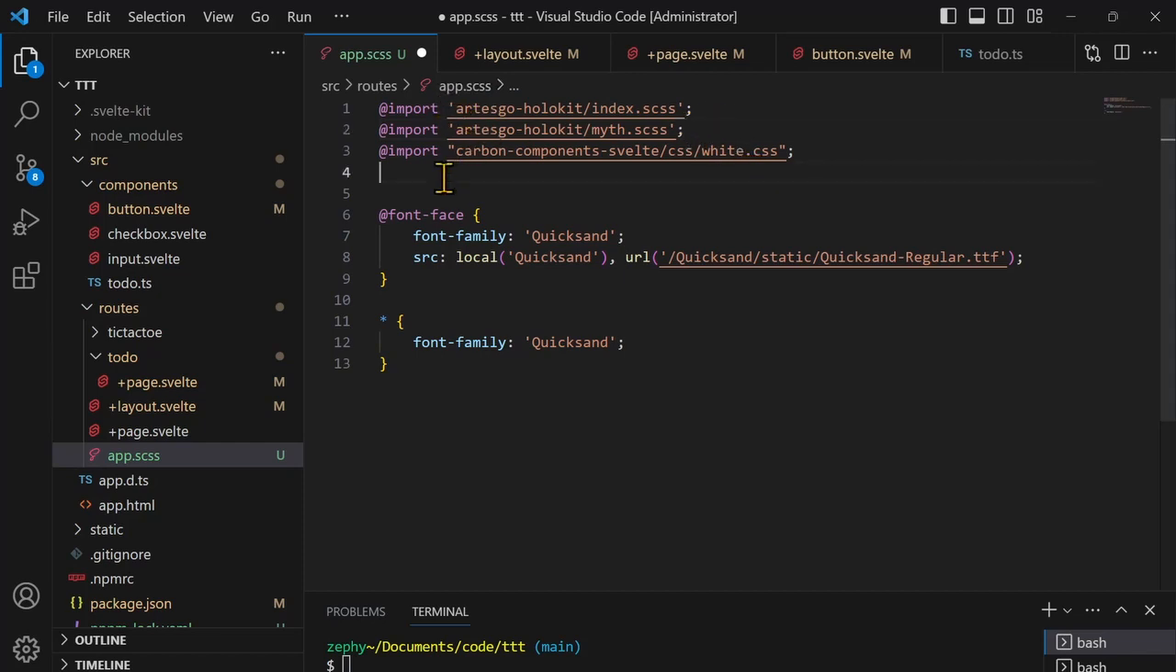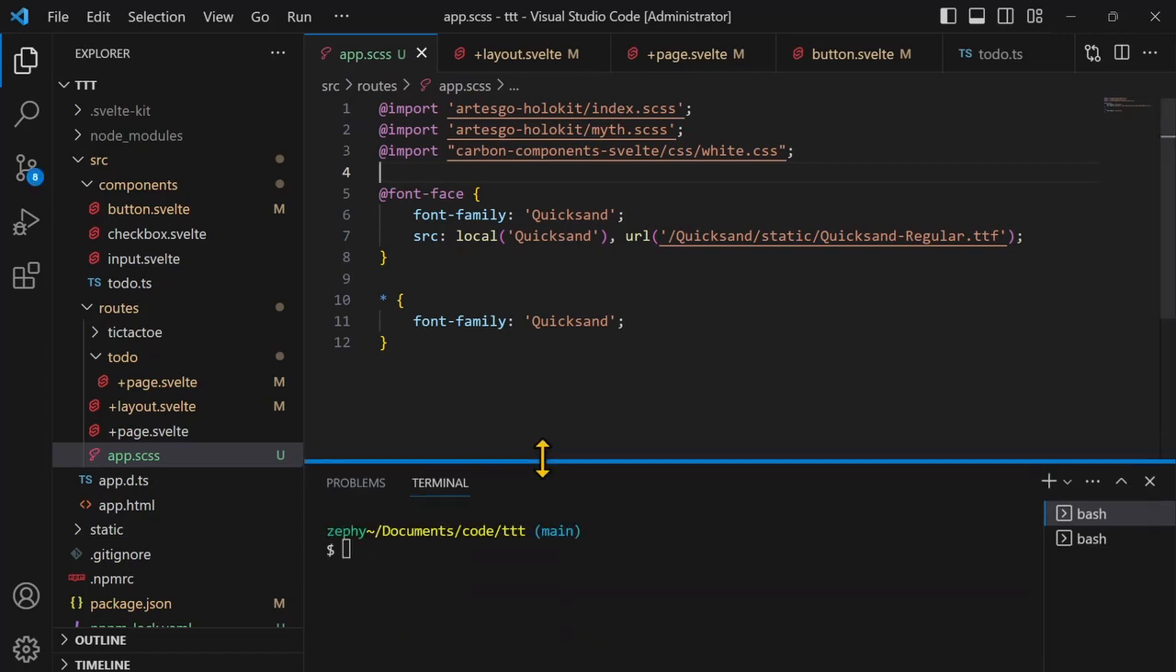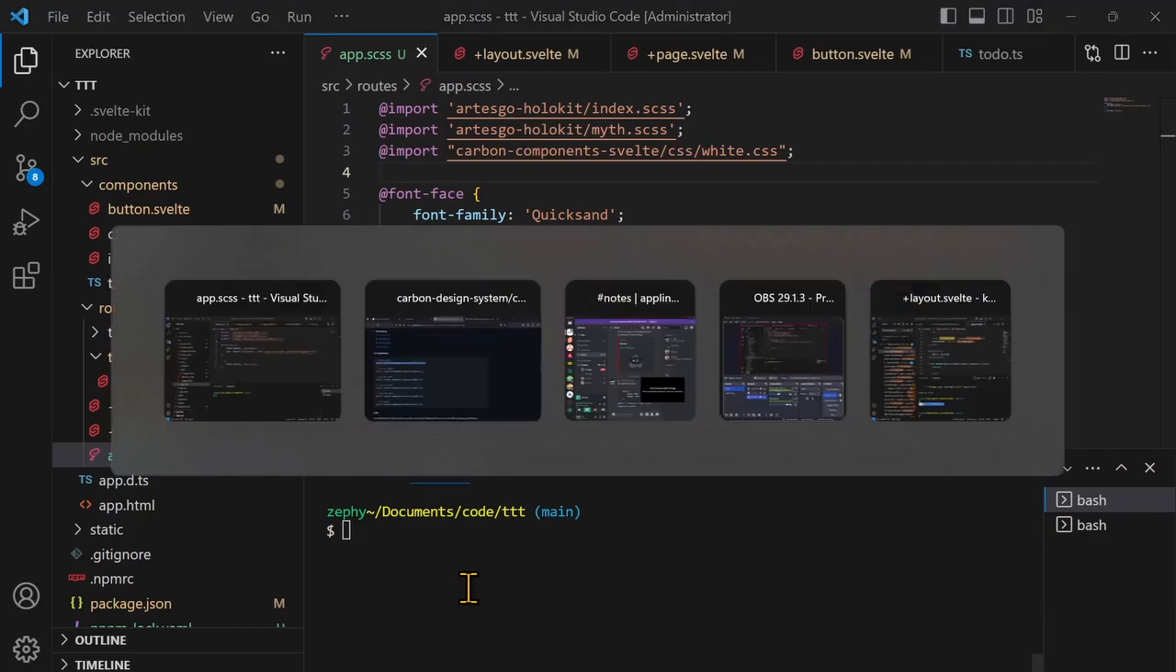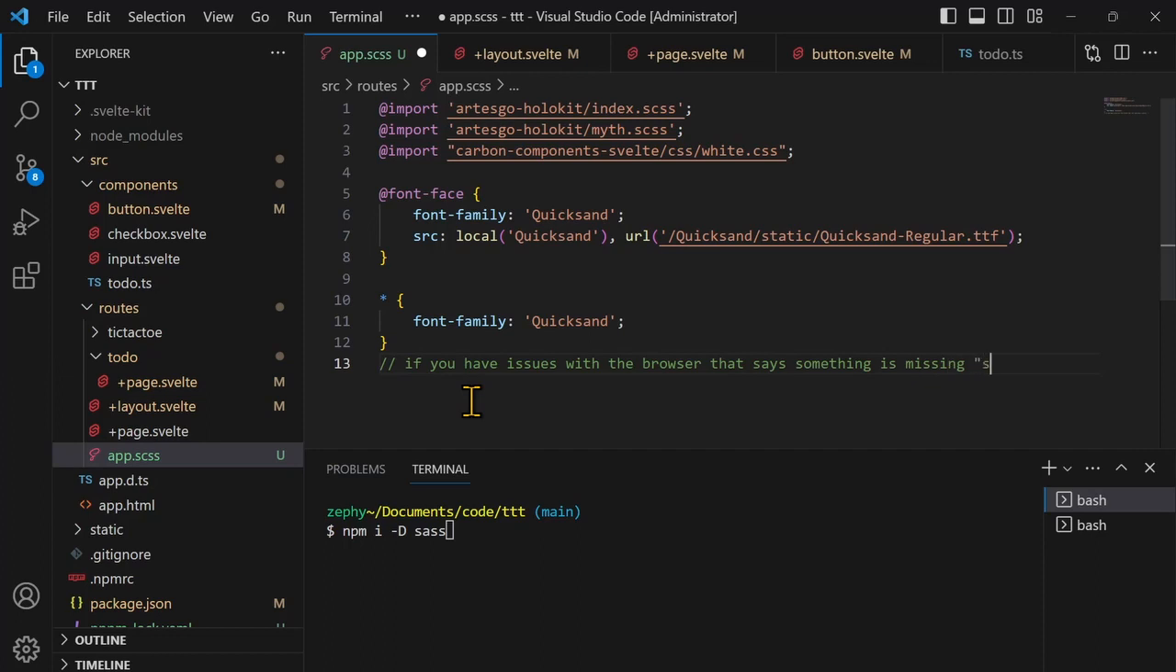If you want to add these three lines at the top of your app.scss, now what's going to happen is it's going to complain about Sass when you open the page. And to fix that, you want to do an npm i -D sass. Okay? I'm going to add that as a comment here. If you have issues with the browser that says something is missing Sass,